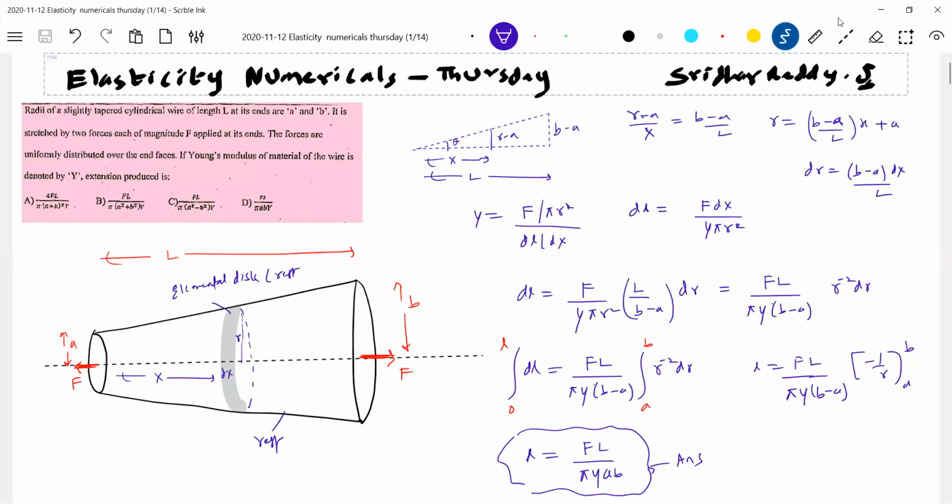Now I think slowly it's all about mathematics, no? We know the definition, there's no doubt. So what is the method? Assume a small element. First find out the elongation of the small element. Then in the total structure, finish all. Whatever different types of shapes he may give, you are supposed to work it out here. Fine. This is the method.